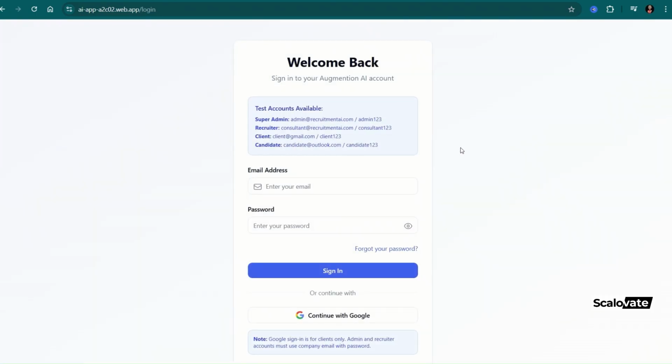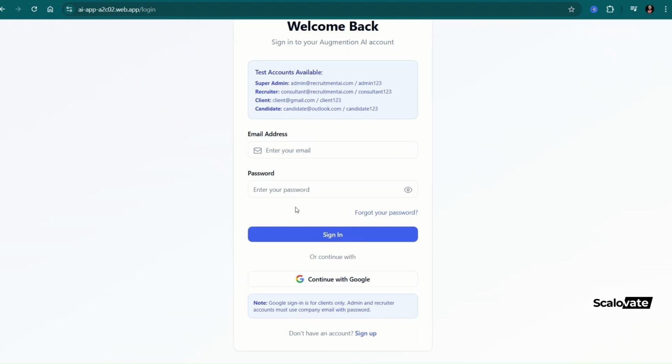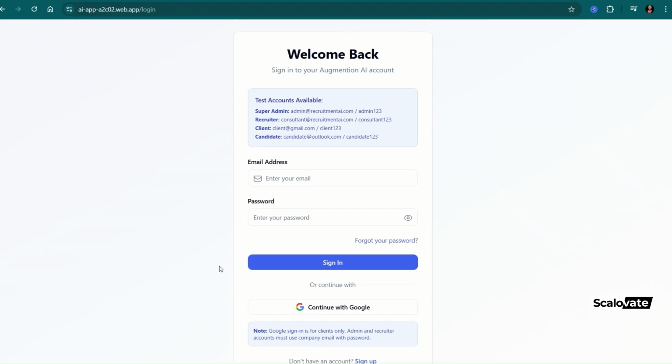So once you go to the login, you'll be able to see the test accounts that we have created for you to actually start doing the demo. You can log in with Google, but this will take you to the candidate profile only. So here, if you notice, superadmin is at a company domain, which of course should be your domain. Recruiter, this is your consultant or your talent acquisition expert who's working inside your company, so he'll have a company account as well. So these accounts are hard coded not to be an account that's